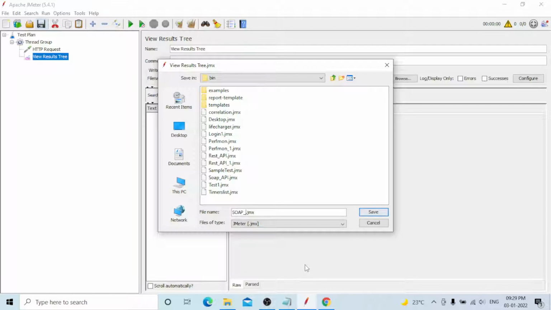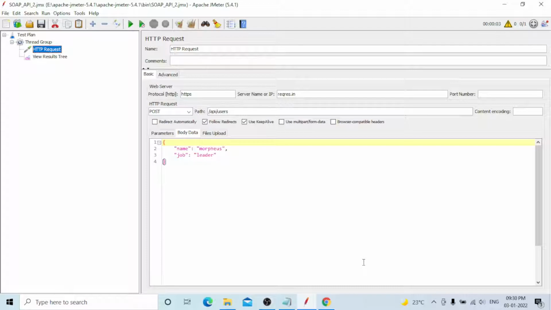Okay, this is the way you need to test a SOAP request. Generally, how does the application come? One document will be sent to the development team, or otherwise you will get it in some mails. Both are the same. Most of the time a Word document will come. In the Word document, an example SOAP file will be mentioned and provided. This is a very small file, but sometimes very big files will be sent.